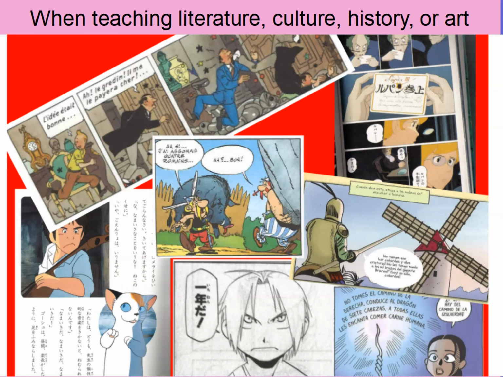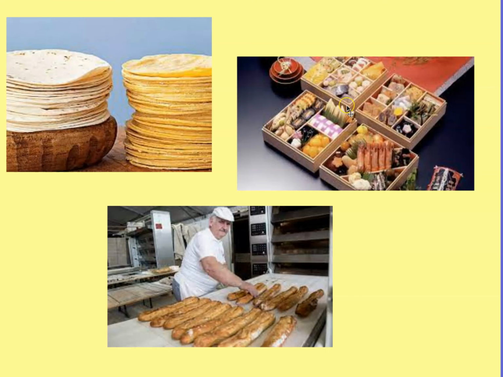When you're teaching literature, culture, history, art, teaching a recipe, listening to music, which you should be doing all the time. I really like goofy stuff, so often I show the students pictures of something before something goes horribly wrong, that kind of thing. But this routine is also really good to talk about food. So we talk about New Year's dishes in Japan, or we talk about why la baguette is long and thin and shaped like a stick, because baguette means stick. Why a flour tortilla might be used instead of a corn tortilla.